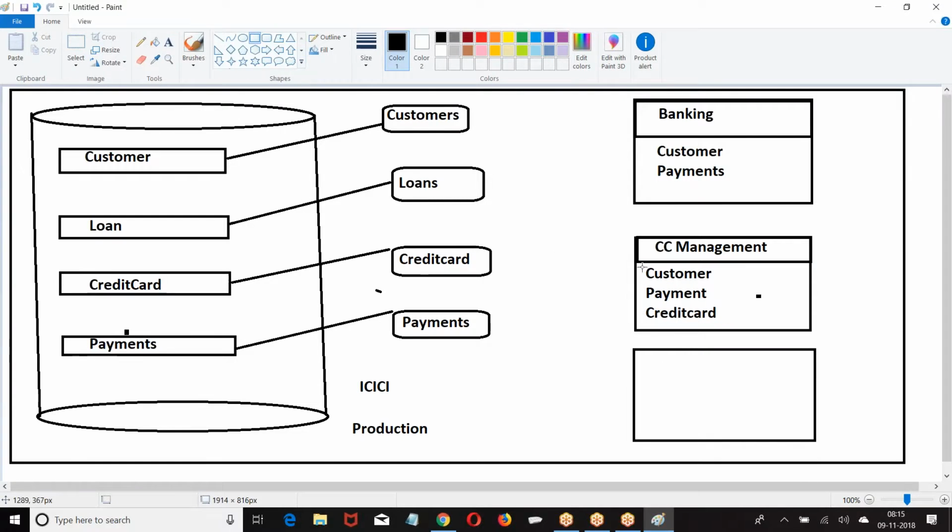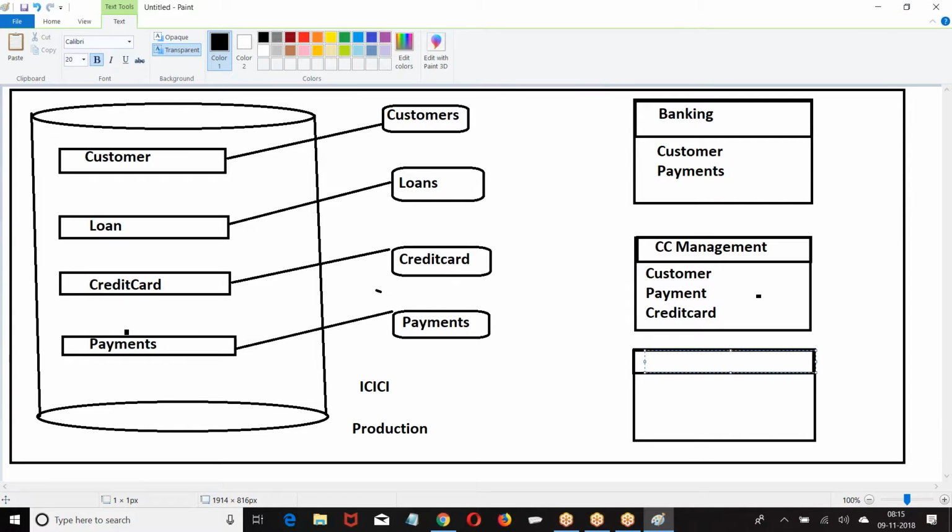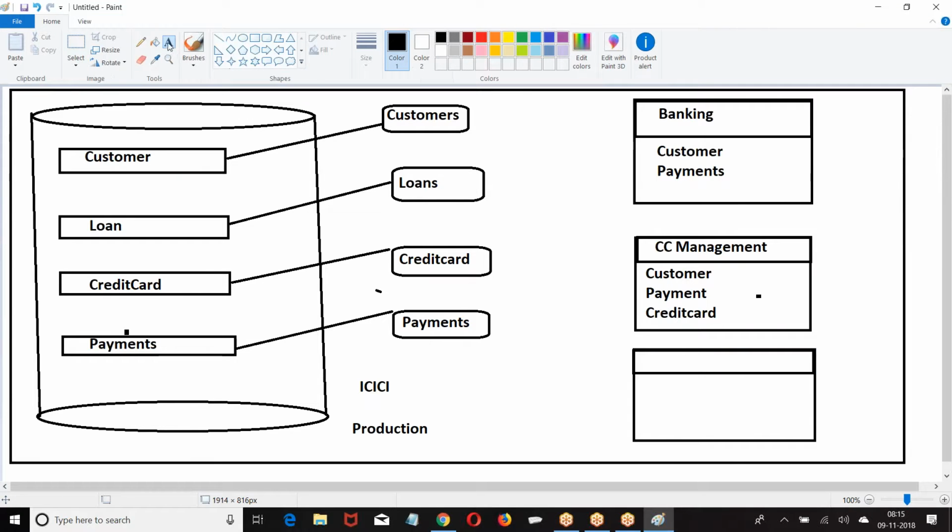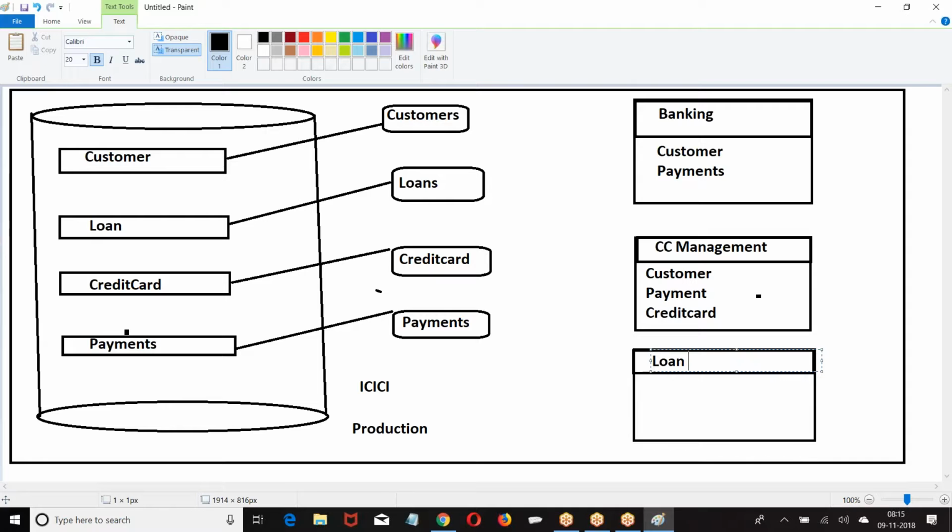So one tab can be a part of multiple applications because the data belongs to the same org. The data belongs to the same company. I can use my data in any of the applications. Whatever applications I have, I can use this data in any one of them. Now this all belongs to a single company, so I can use my data in any number of applications. So on an object, we can have only one tab.